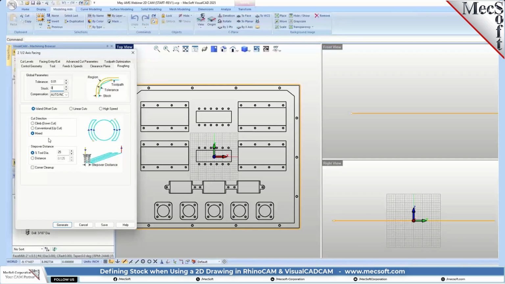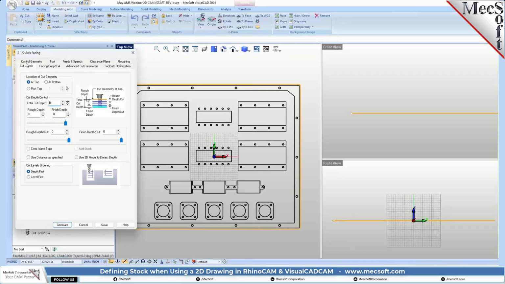We're going to do an island offset cut pattern, a mixed cut direction. We actually can increase this a little bit for the offset because we're using a large cutter. Okay, for roughing and the cut levels,